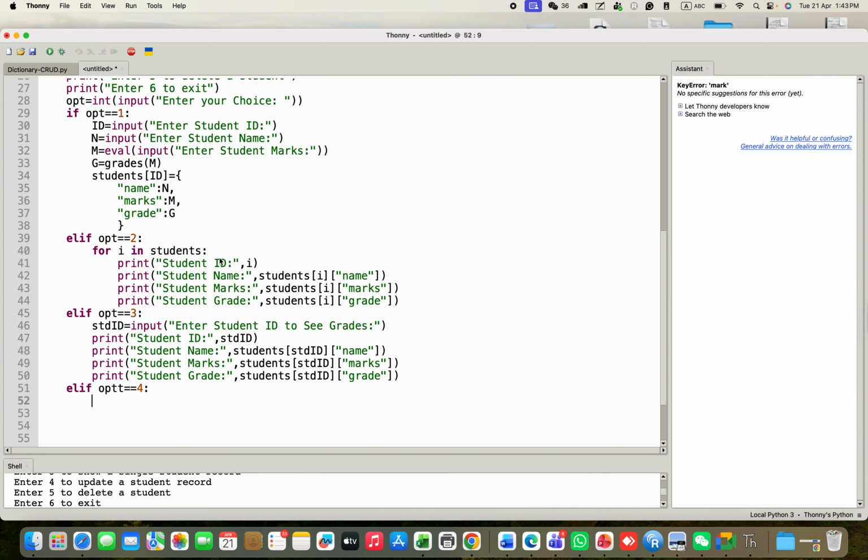And what I should do is ask me the ID again. It should ask me to enter the ID for the student marks that I want to update, right? So I'll use the same ID, and say enter the student ID to update the marks. We need that because otherwise Reckon's not going to be happy. I need to update Reckon's marks from 60. First I want to see what Reckon's marks are by pressing 3, and then I'm going to update Reckon's marks by pressing 4, because I will find out Reckon's got